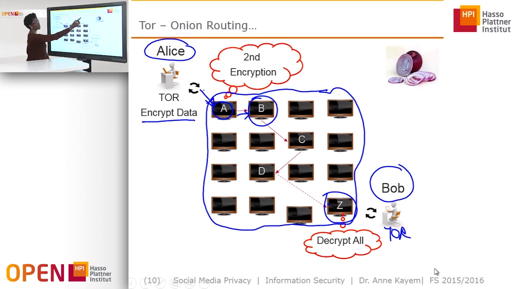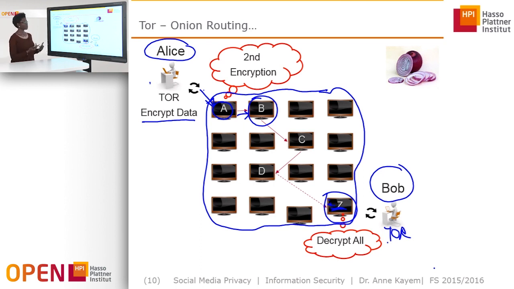Okay, so remember the onions that we talked about, onions in terms of the layers of encryption, and the fact that when the data arrives, for example, at D, D will peel off all of the layers of encryption, all of the onion layers, and then deliver the message to Bob. So Bob will have the impression that the message arrived from computer Z, or that Alice may have been sending the message from computer Z, whereas in fact Alice is far, far away.